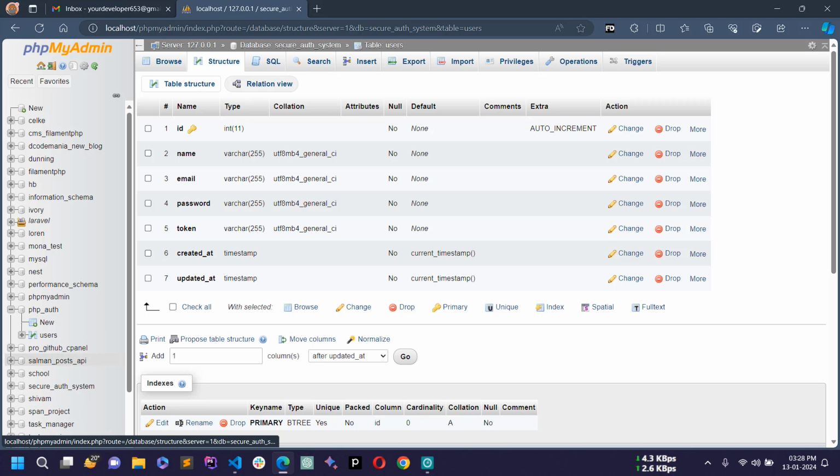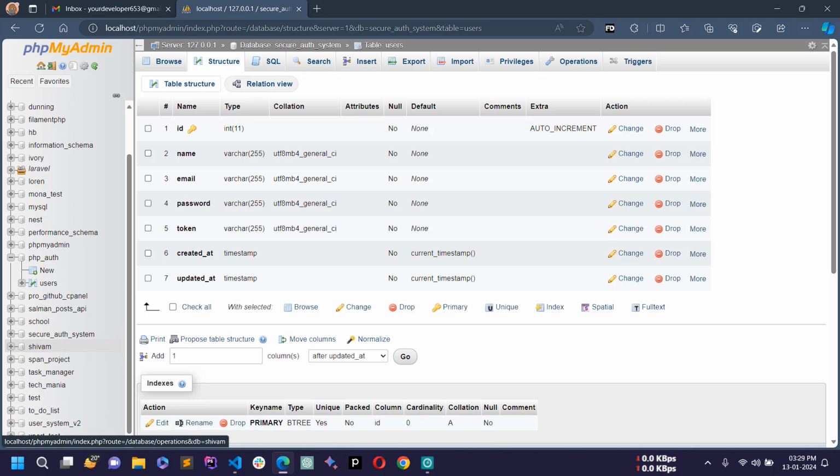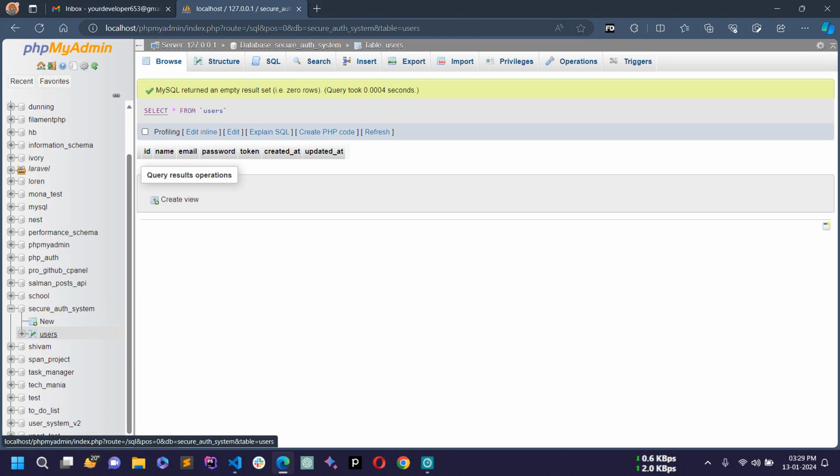Okay, so sorry, secure authentication system. So this is our database and this is the table with these columns. So our database and table is ready. Now